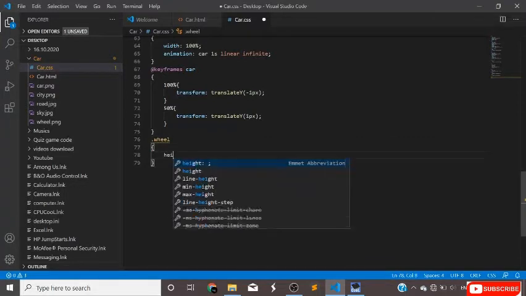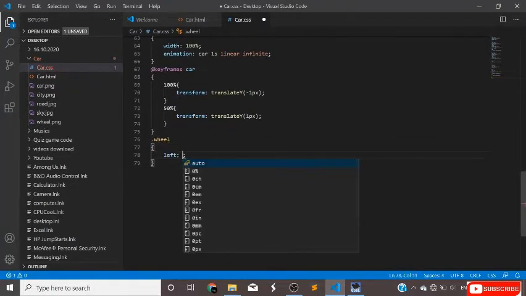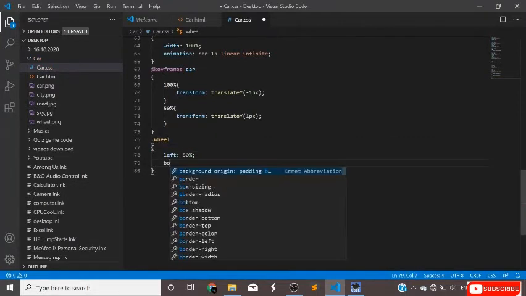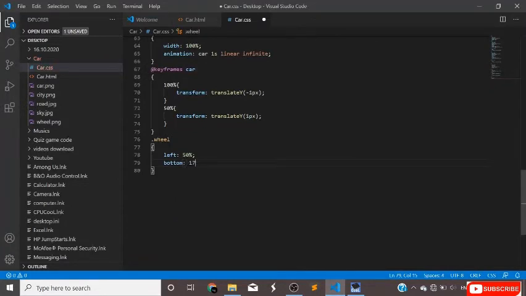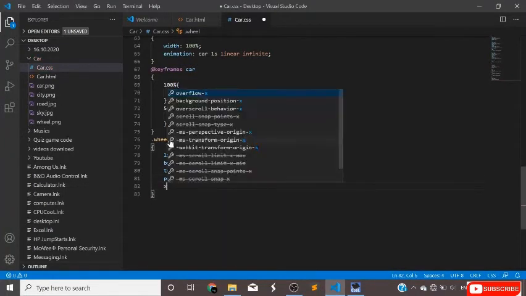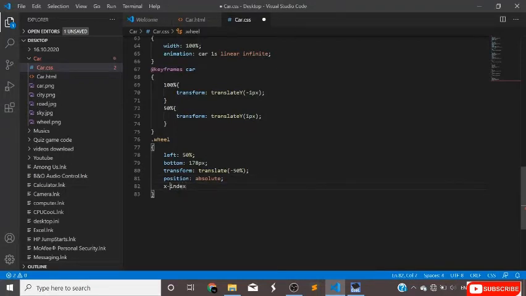Here we will take left as 50% and bottom will be 170 pixels, and next transform translate minus 50%. Position will be absolute and z-index will be 2, and the wheel image will be 72 pixels wide and 72 pixels high.